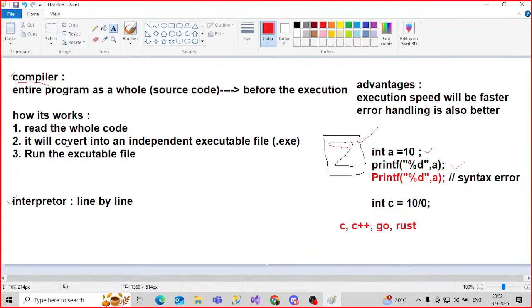Due to this, bug fixing will be faster, and the execution of the file will be faster also. And if we are talking about the